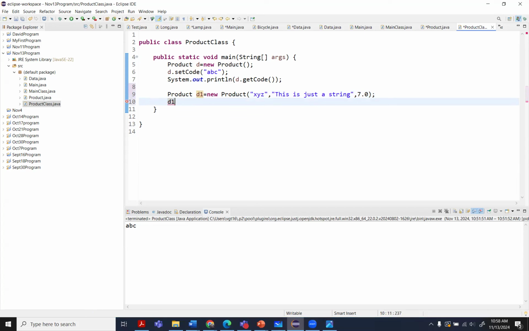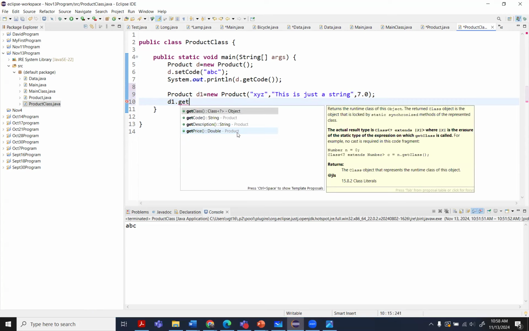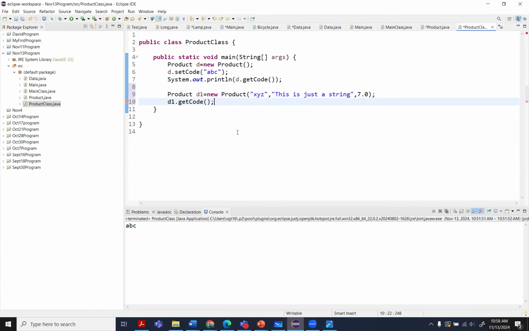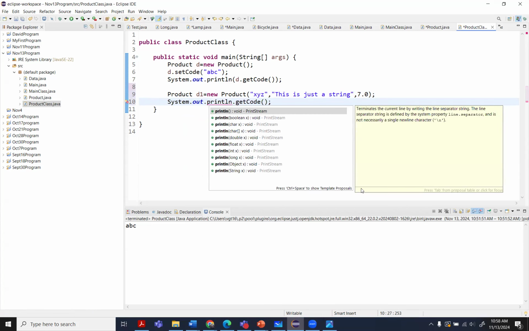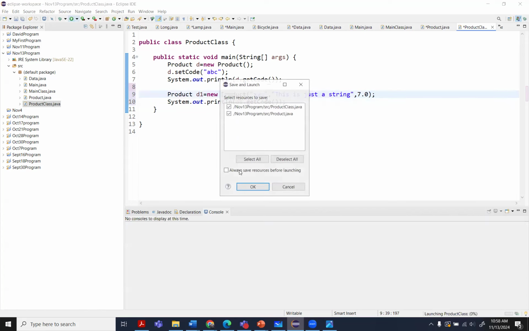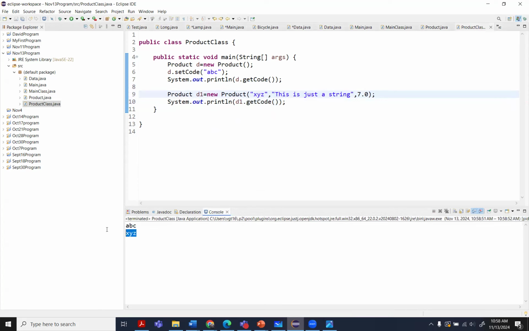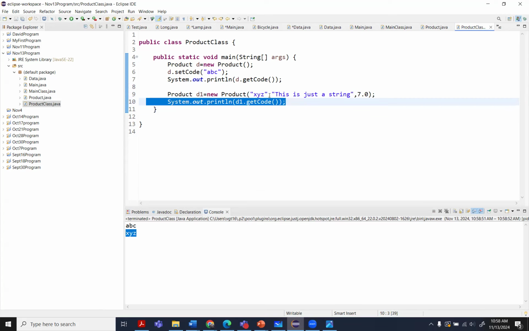If I say D1.getCode and put this inside System.out.println, and if I run this,